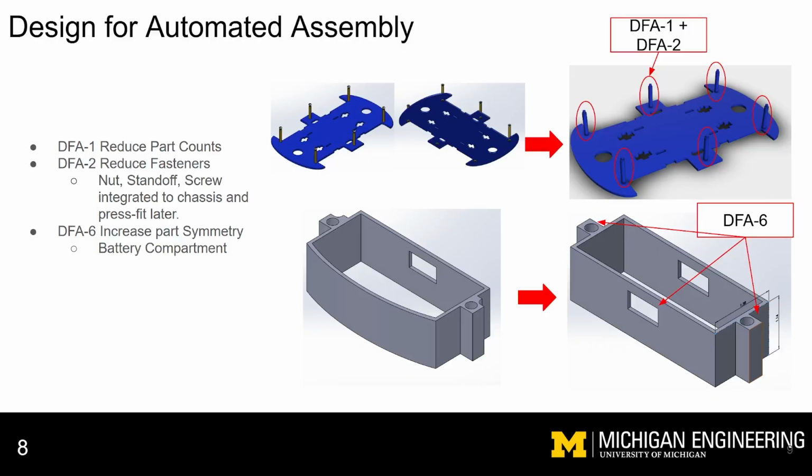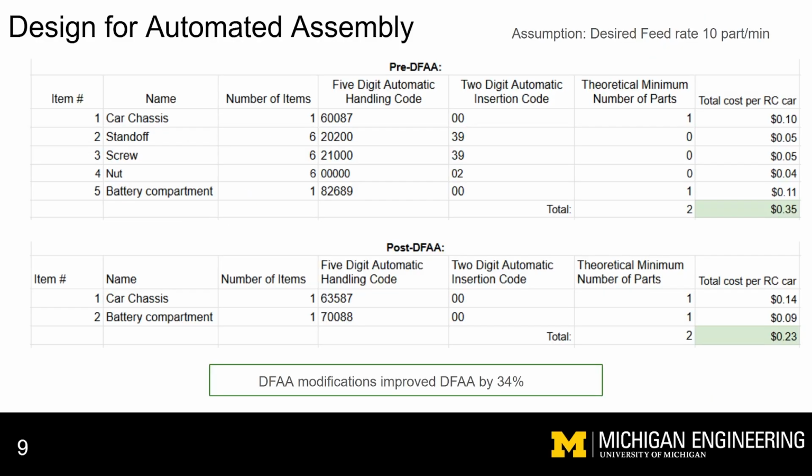Looking into the battery compartment, we actually increased the symmetry and made it alpha symmetric all three ways by removing notches, removing the curved surface on the rear, and also including a cut on the rear surface of the battery compartment. Looking at the cost benefit of doing this post DFA analysis, the biggest contributor to this is the reduction